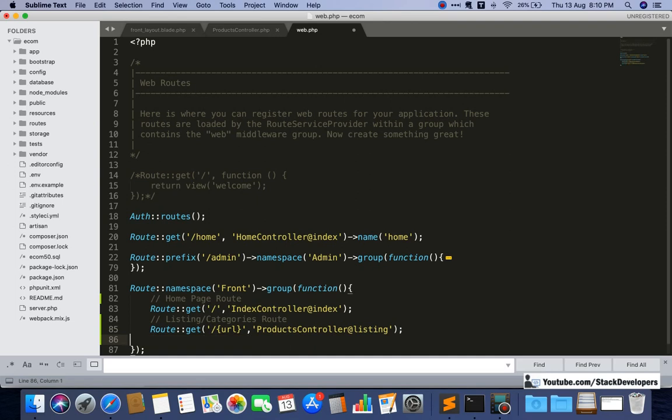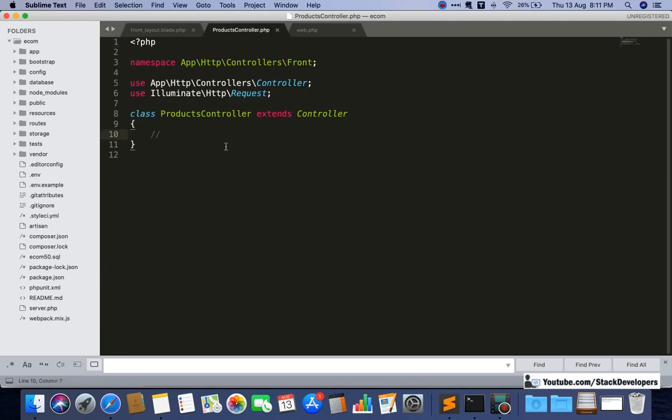I am going to update this route, I am telling you in advance. For right now, just make it simple, because I don't want you to get confused. Beginners will get confused. So let's make this route for now, and after that we are going to work on the listing function that we are going to create in the products controller.